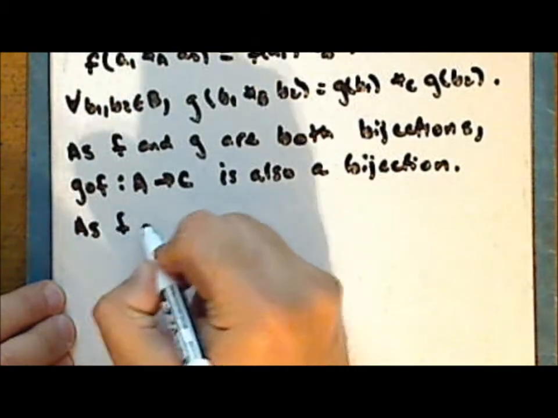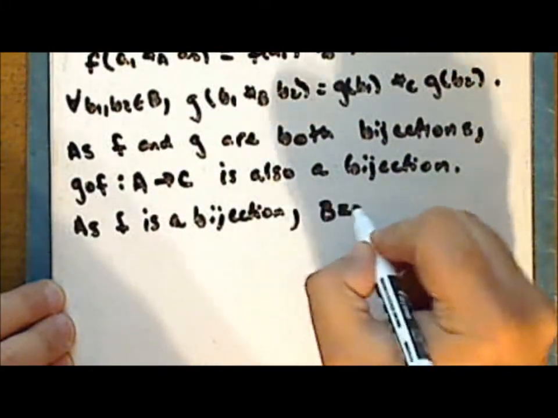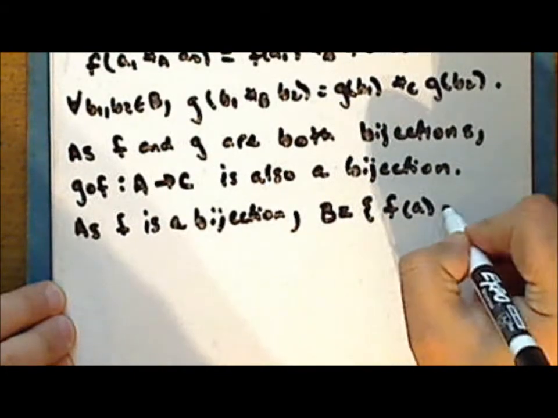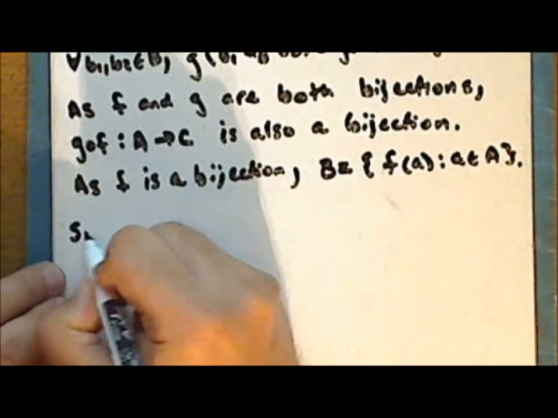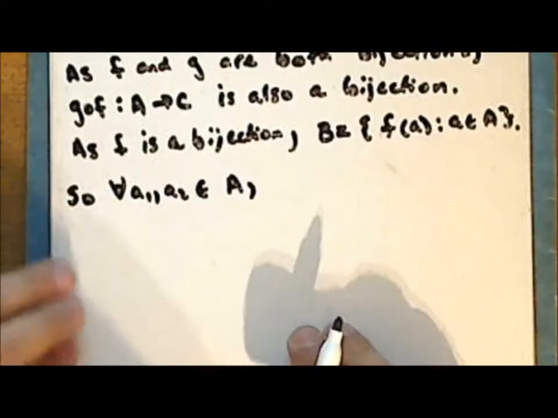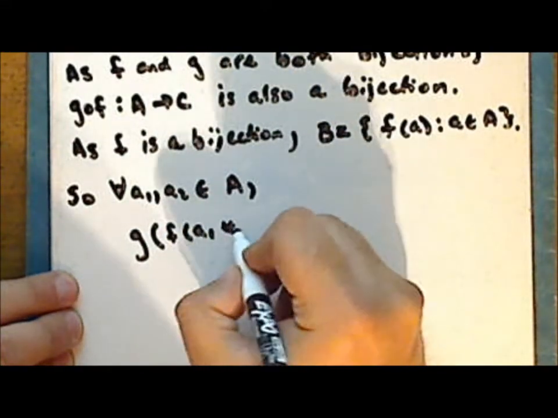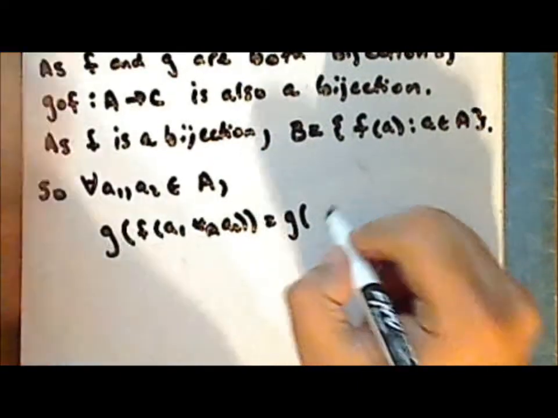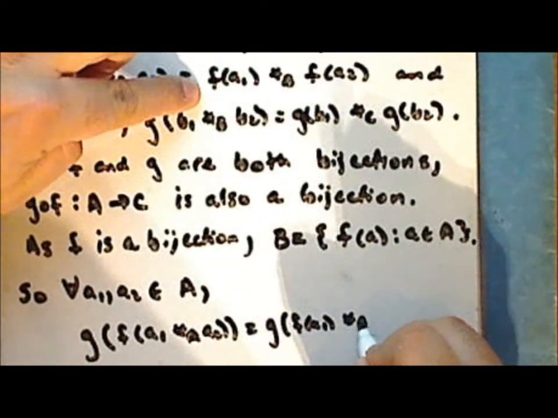Now, as the function f is a bijection, the set B is precisely the set containing the images under the map F of the element A. And so for every pair of elements A sub 1 and A sub 2 in the set A, we have that G of F of A sub 1 star sub A sub 2 is the same as G of f of a sub 1 star sub b f of a sub 2